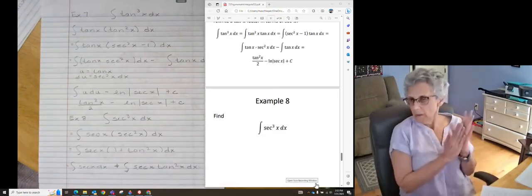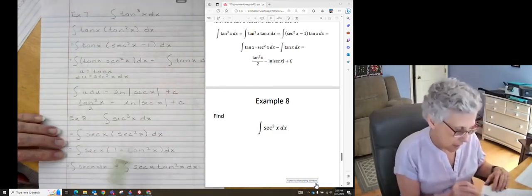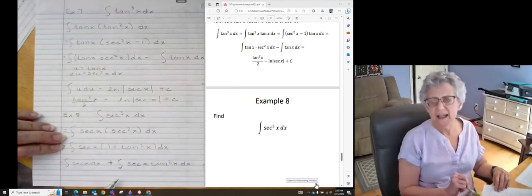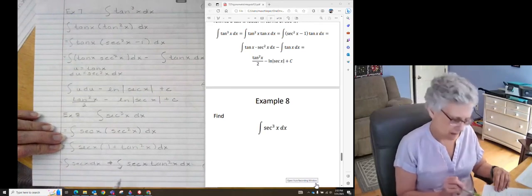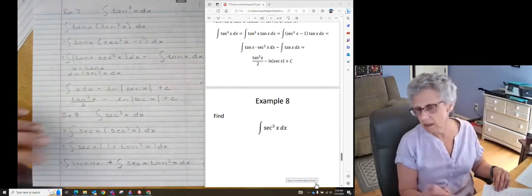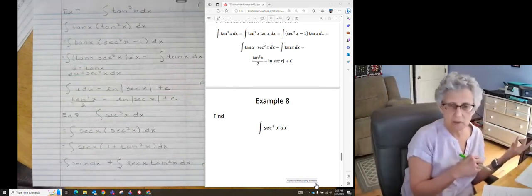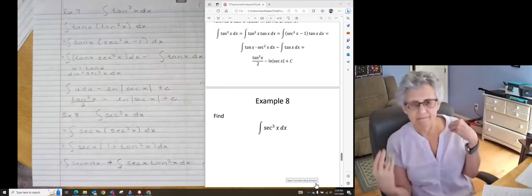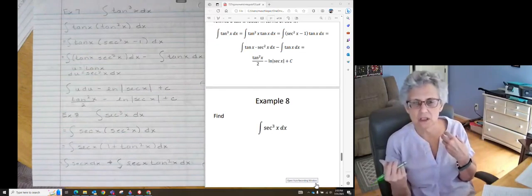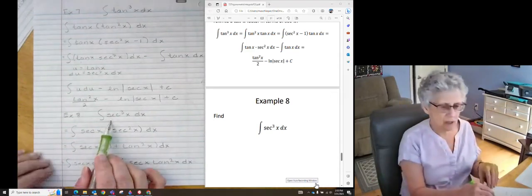So I thought I was going to go ahead and get a head start on this one. I went ahead and divided it up into secant times secant squared. And then I got here and I got kind of stuck because I have secant of x times tangent squared of x, and I don't have an even exponent on secant, and I don't have an odd exponent on tangent, which I could do some manipulating and use integration by parts, but if I'm going to do that, I just as well